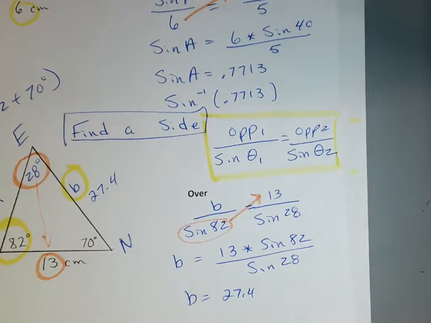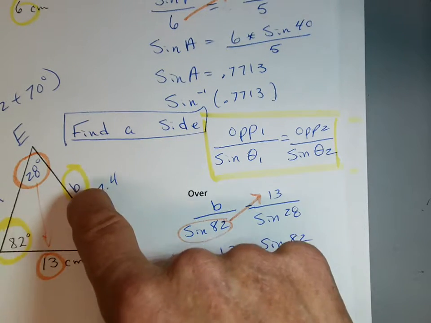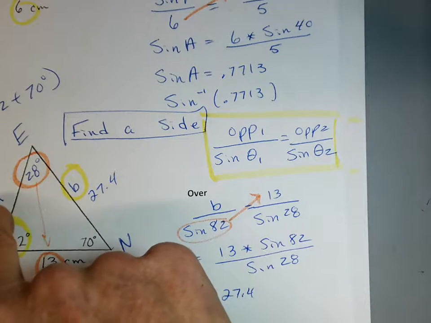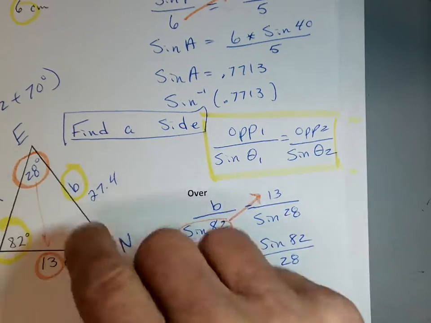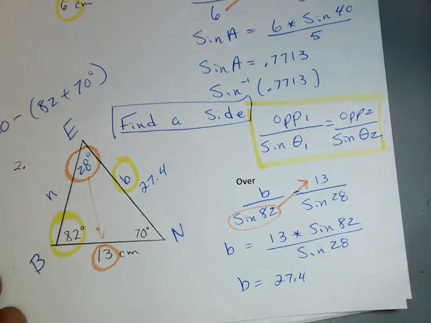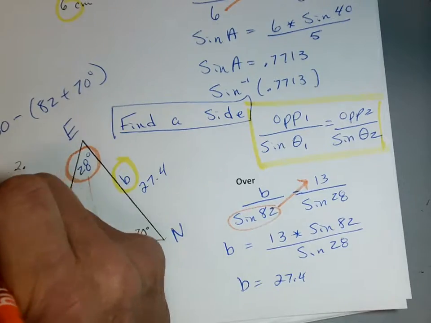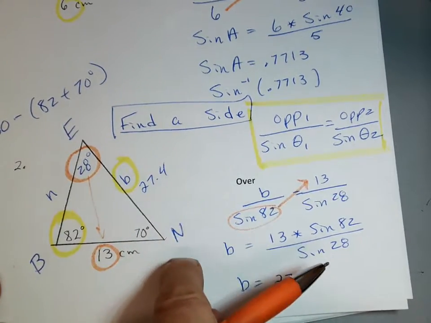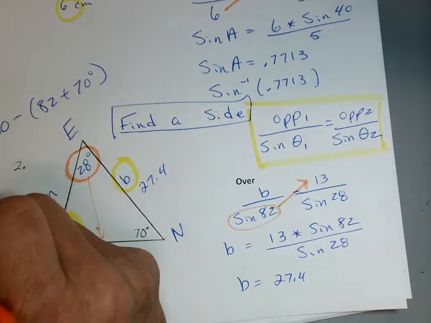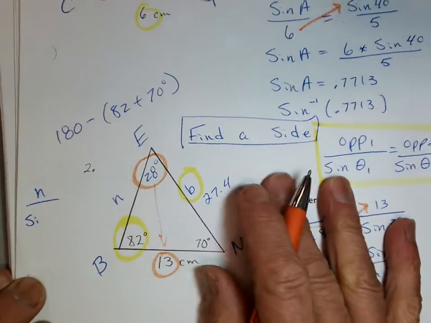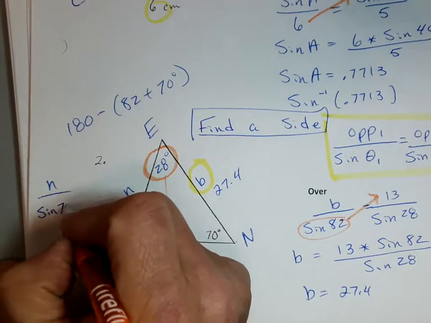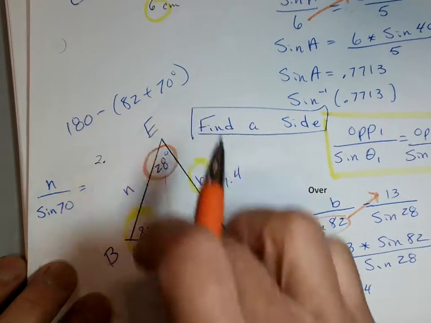Okay, now if we have to solve the triangle, we got one more thing to find. Ben chose little b. Let's find little n. We got opposites, don't we? So we do the same thing. We're going to say little n over its opposite angle, the sine of 70, equals, we need our opposites,